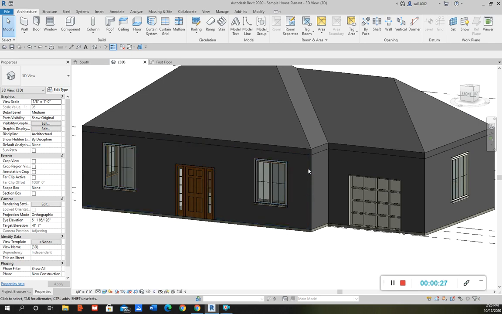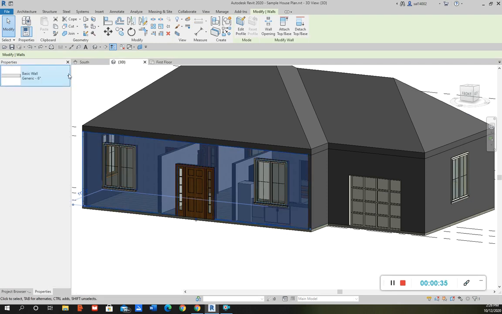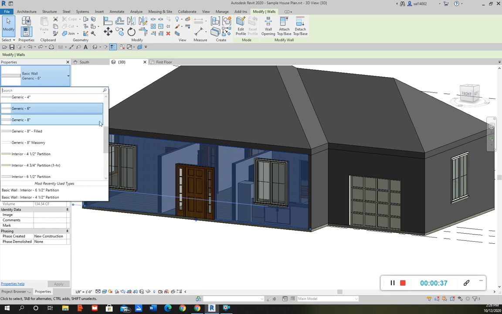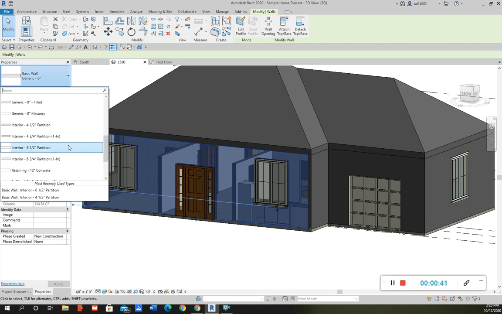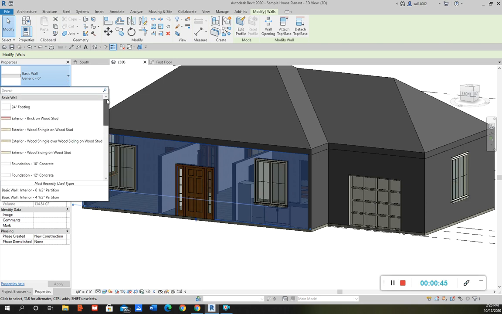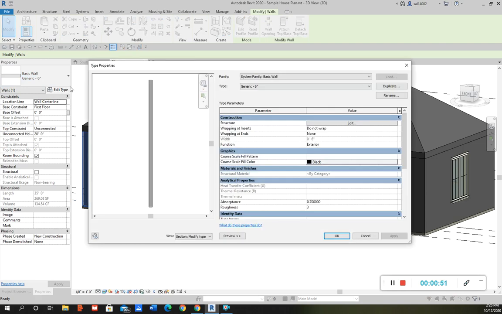If I want to change the material of this wall, I can just select that wall. Right now it's just a generic 6-inch. If you had any other type of wall and you wanted to change the material, if the material is not included here, you could just edit type and create a duplicate and change the material. But like I said, you click edit type,